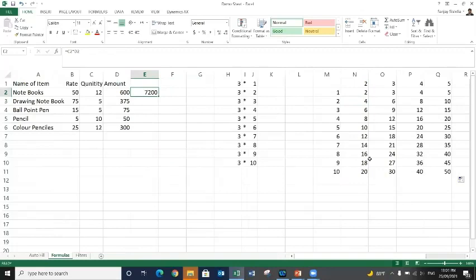Let me give you another example. Let's remove this. Now we need to calculate discount. And we are giving 20% discount. So in order to calculate this 20% discount, what we need to do is we need to multiply this 20 by the amount.